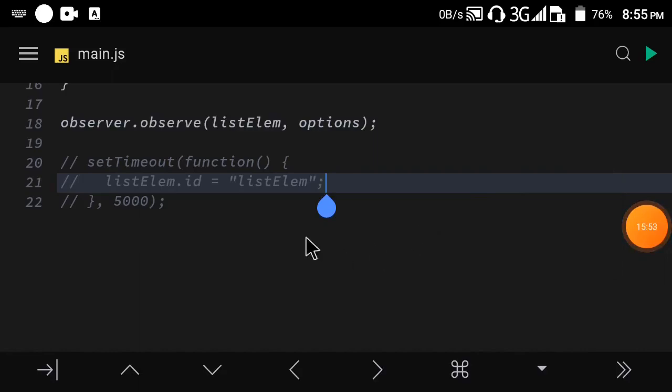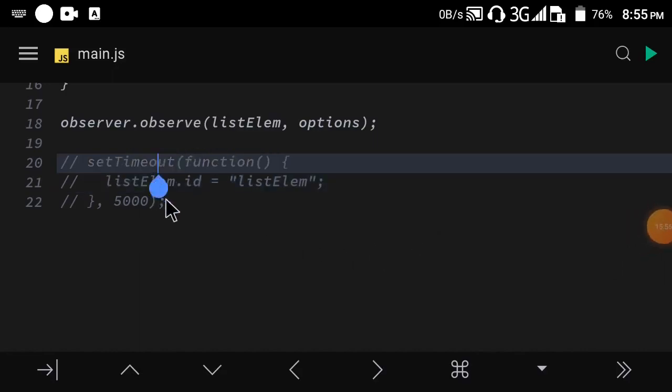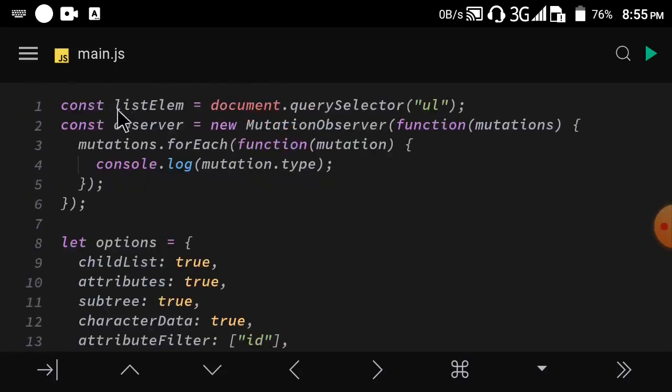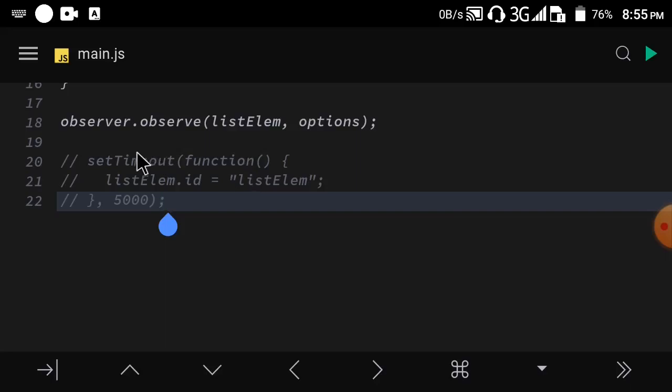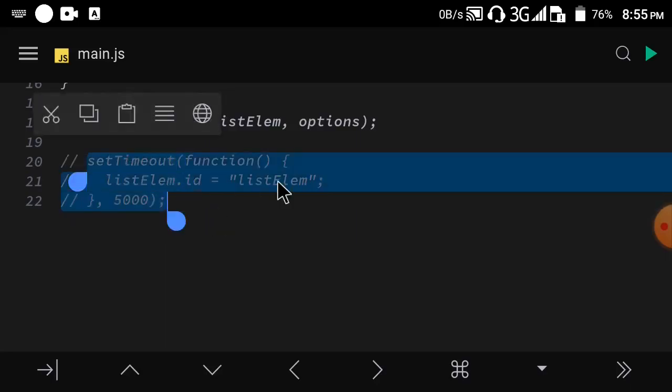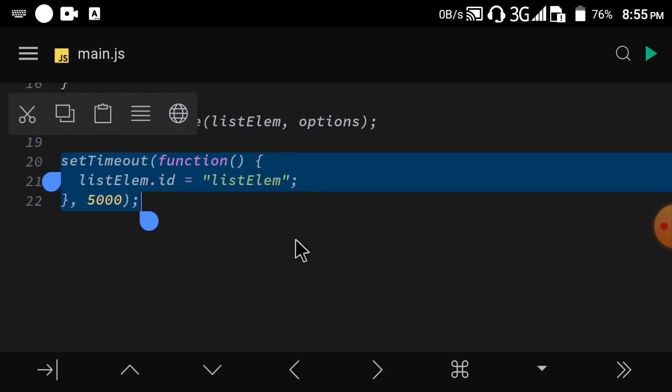So remember before that we actually commented this part out, and what this setTimeout does is that it changes the ID of the UL. Remember that the UL is what we are referencing with this list element, because we got it here, querySelector UL. So if I uncomment this and then preview in the browser again,